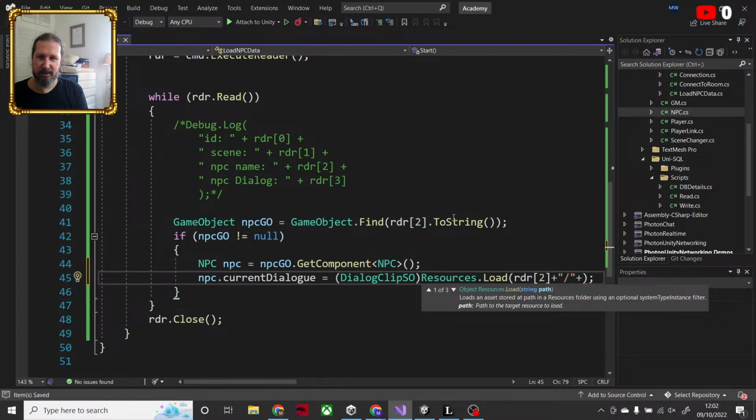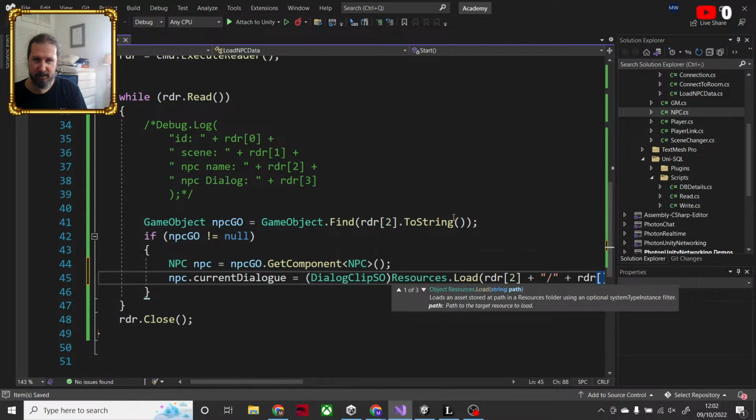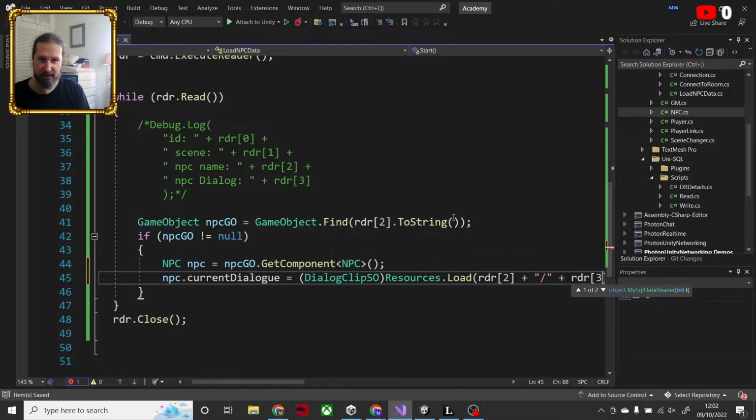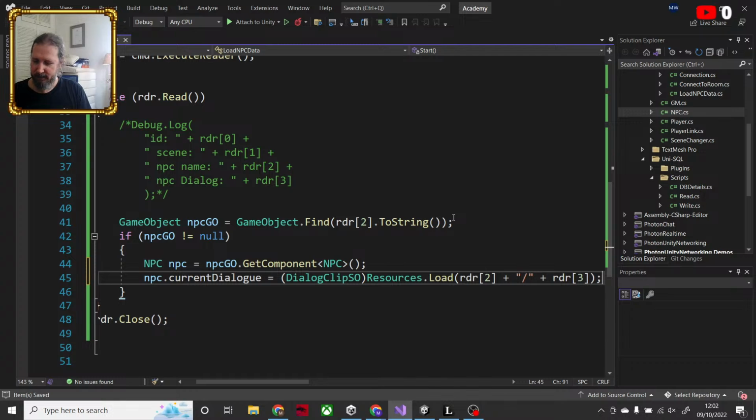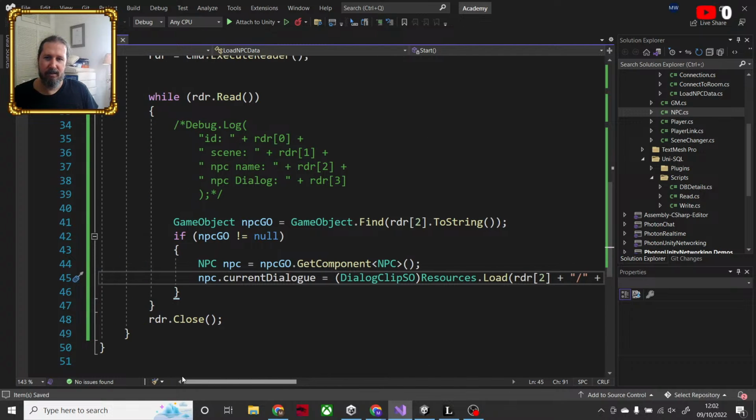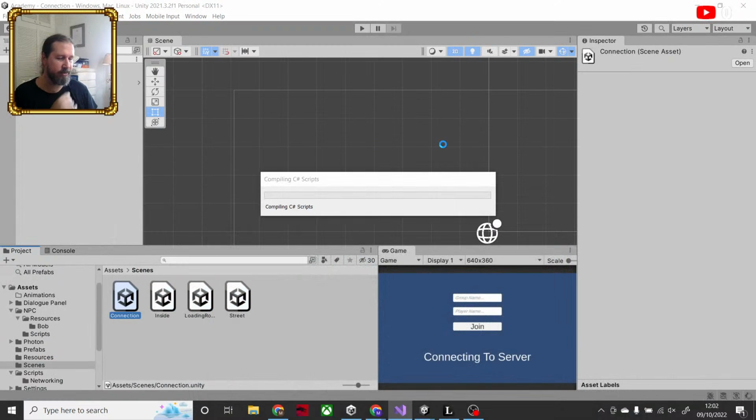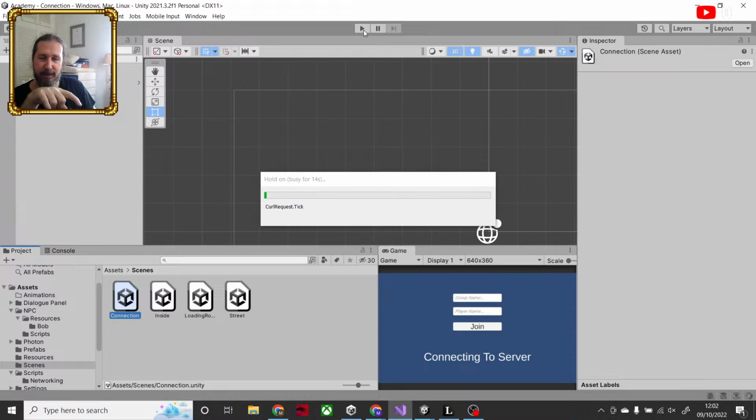We'll see if it works. And then the RDR3 is the dialog name. Save. And let's see if this works. Fingers crossed. So I know my NPC is going to have a blank slot. So if that gets filled in, it means it works.